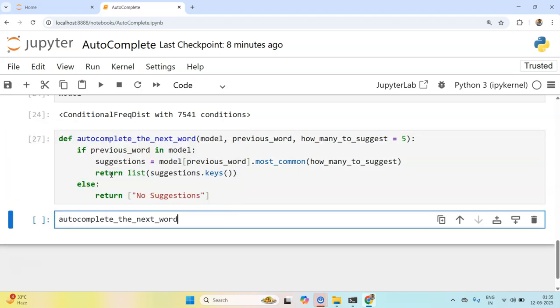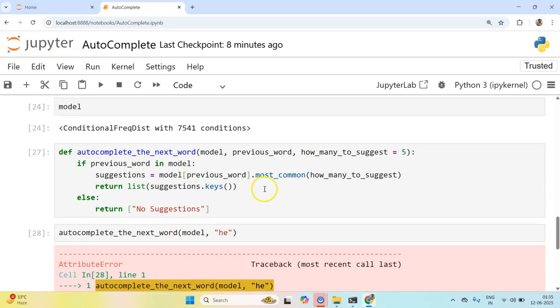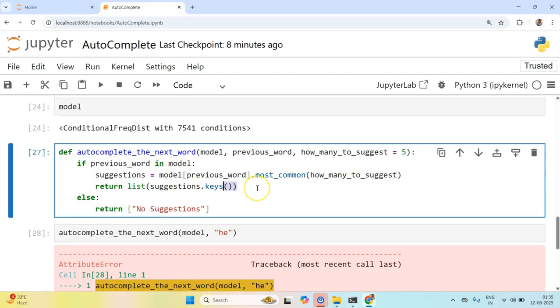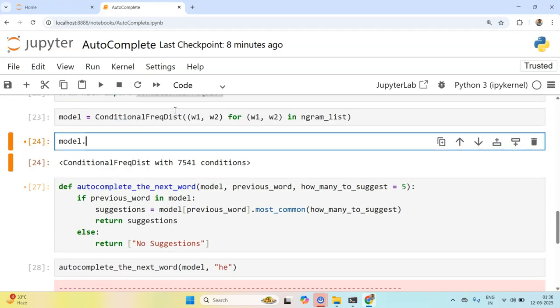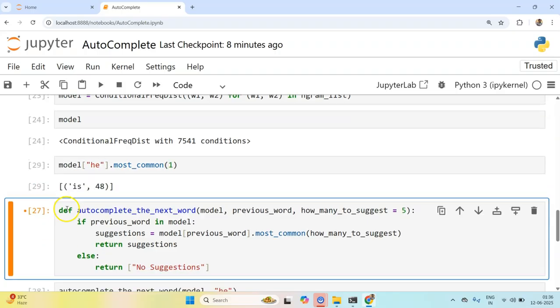So let's see autocomplete the next word. I'll pass model, the previous word maybe he, and how many to suggest, just 5. It says it does not have a key. Okay, let's try returning suggestions as it is, or maybe let's try it out with model he dot most common. Okay, so it's a list, sorry.